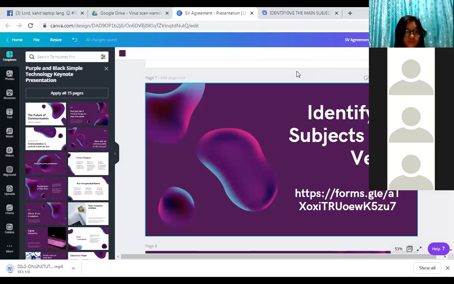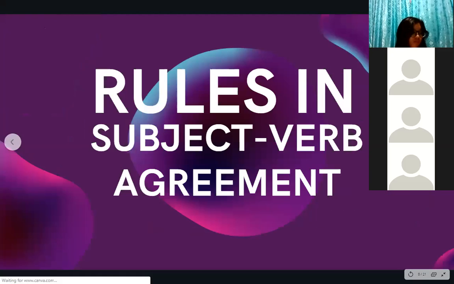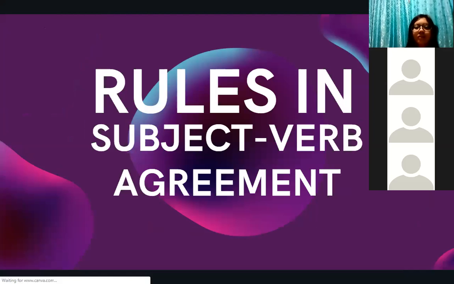Now, let's talk about the subject-verb agreement rules. Yes, we agreed in our discussion a while ago that a subject is what we're talking about in a sentence, while a verb is the action being done by a subject. Ulitin natin ha, yung subject yung gumagawa ng action, and therefore the verb is the one that is being done, or the action or described as something that is being done by a subject.